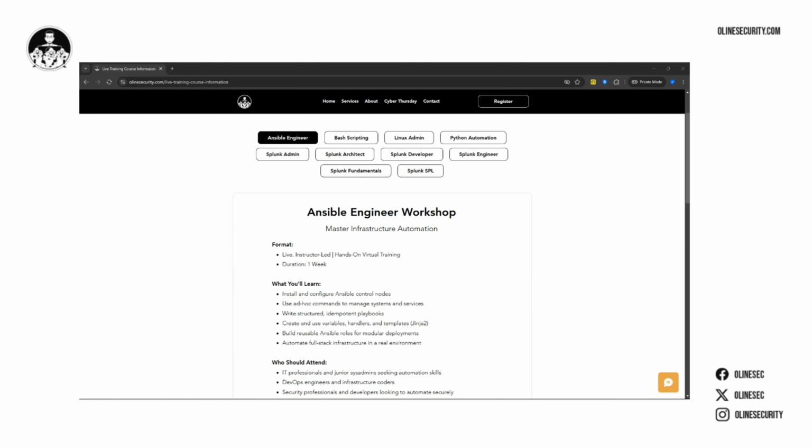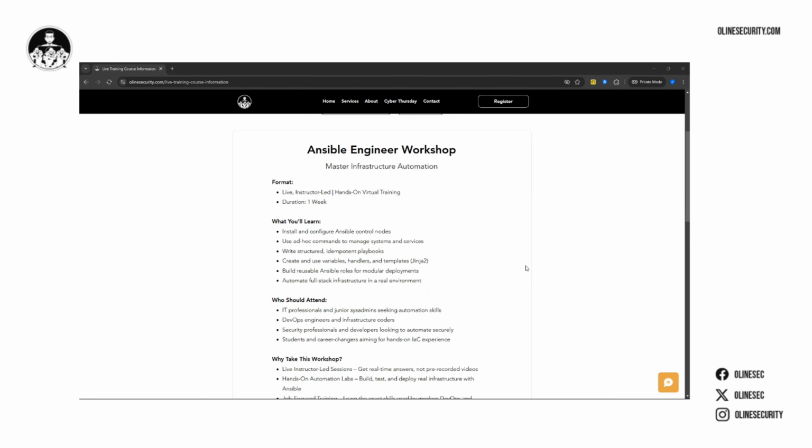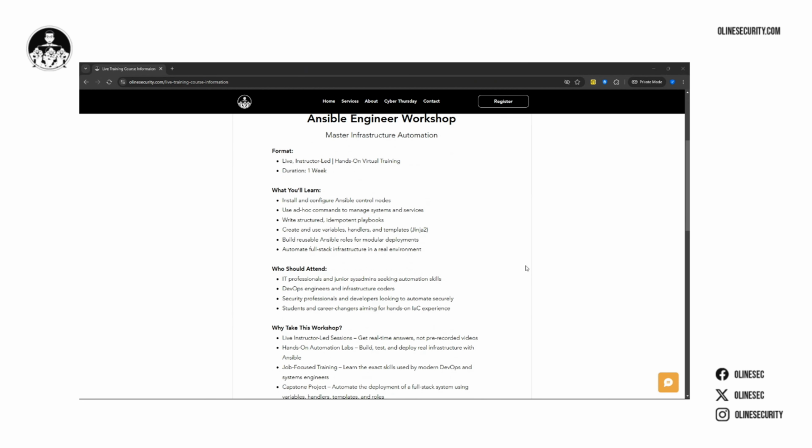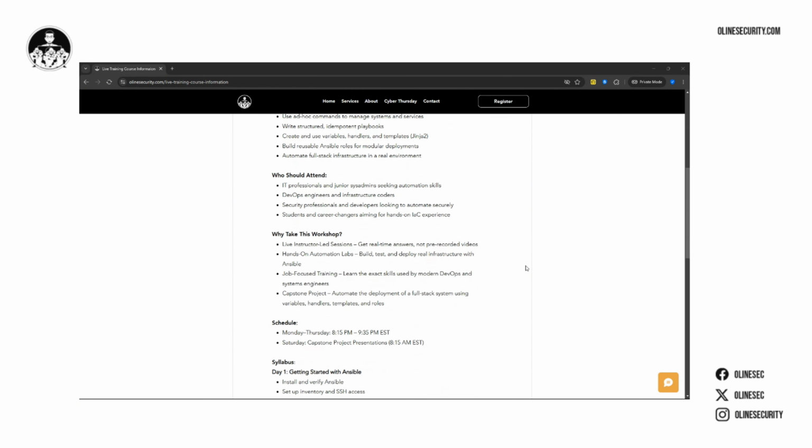Once we've built a strong Linux foundation, once we're comfortable with command line tools, a great next step is going to be the Ansible Engineer Workshop. This is where we're going to take automation to the next level. In this workshop, you'll go from running ad hoc tasks to building fully structured Ansible playbooks, Ansible roles, and infrastructure